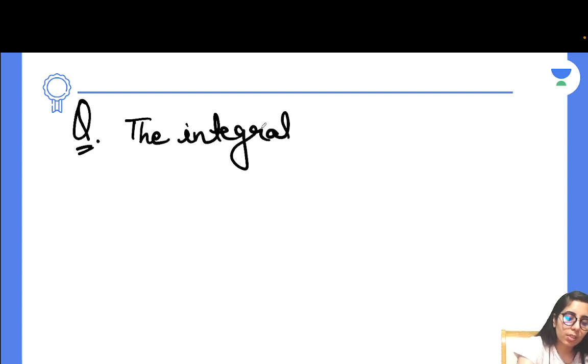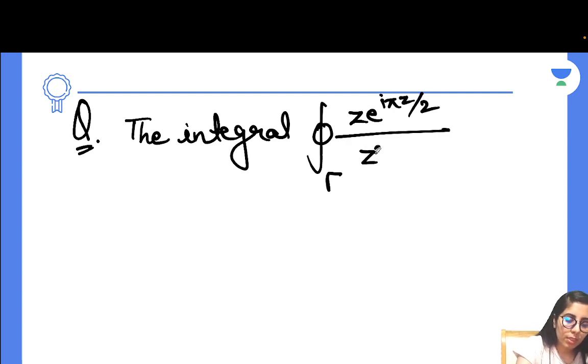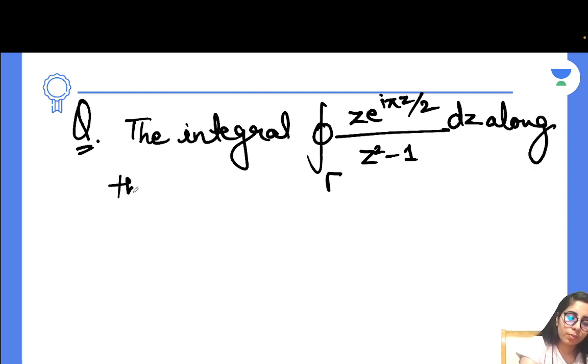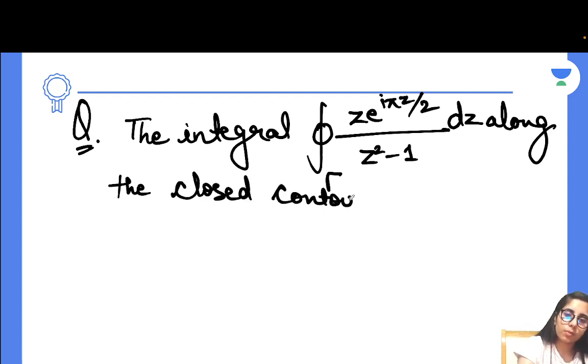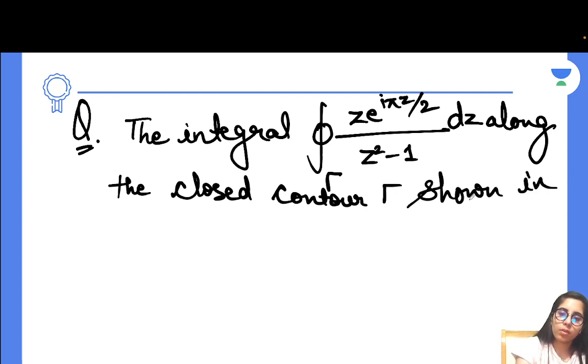I'll be doing one more question right now and will try to let you know about the things you have to take care of when you work on similar kinds of questions. So the next question is: the integral over the closed contour of z e to the power iota pi z divided by 2 z square minus 1 dz along the closed contour shown in the figure is